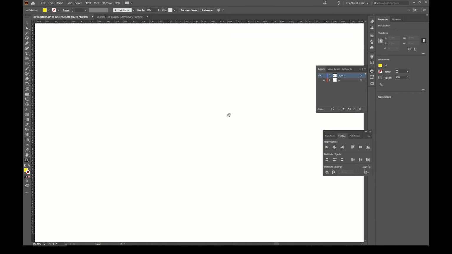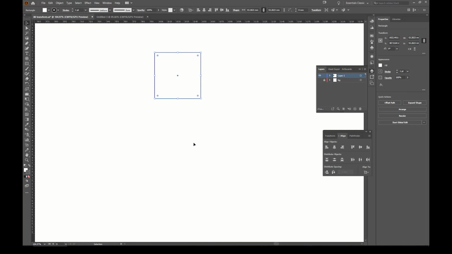And I'm just going to draw a square and maybe swap that back to black and white, and then make a small array from this. So again, rotate tool, pick the center and then some arrangement or relationship to the object. Hold down the Alt key to make a copy of that and drop it there,